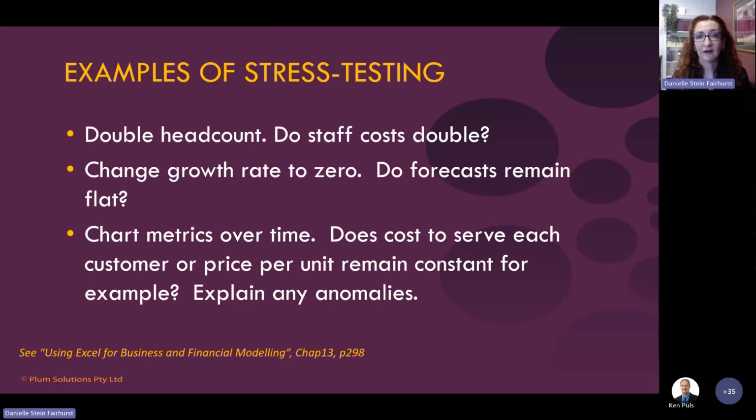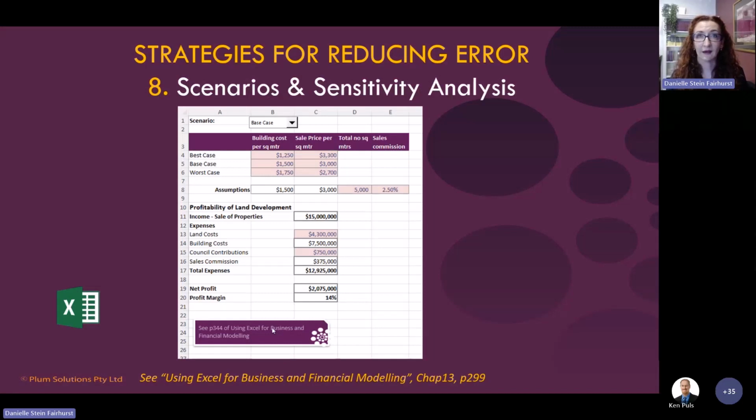Another method is using scenarios and sensitivity analysis. Any good financial model should always have scenarios in there, and they should be scenarios that are within the realm of possibility. This is not stress testing, which would be something different that we just talked about.